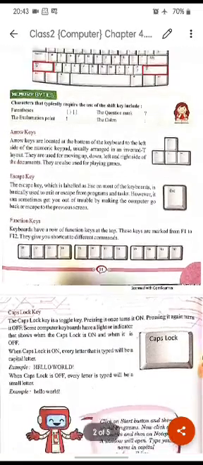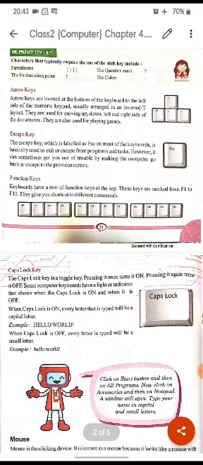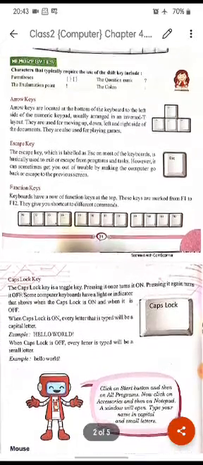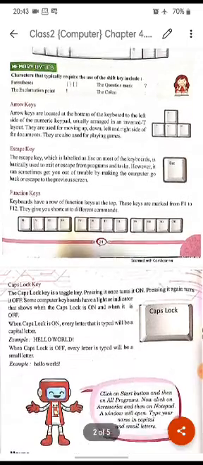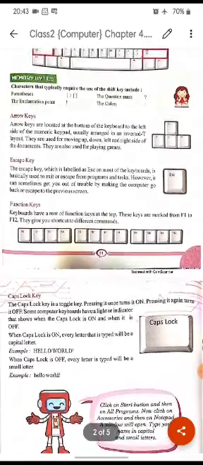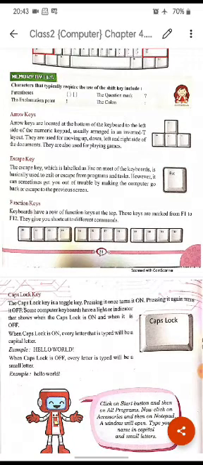Next, arrow keys. Arrow keys are located at the bottom of the keyboard on the left side of the numeric keypad, usually arranged in an inverted T layout. So inverted T means that the T is upside down.